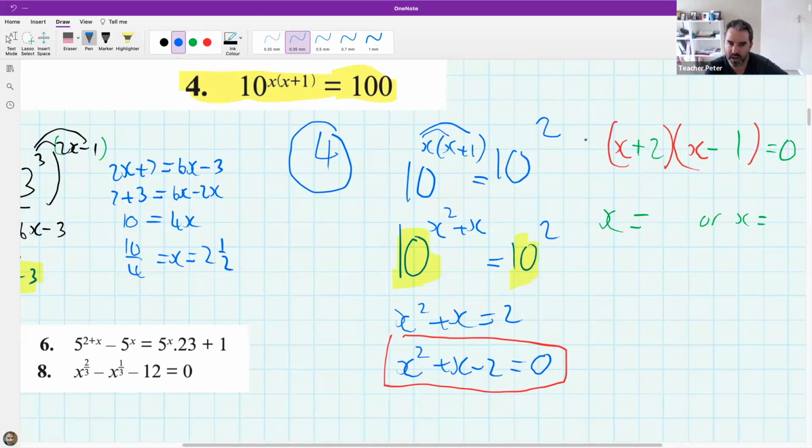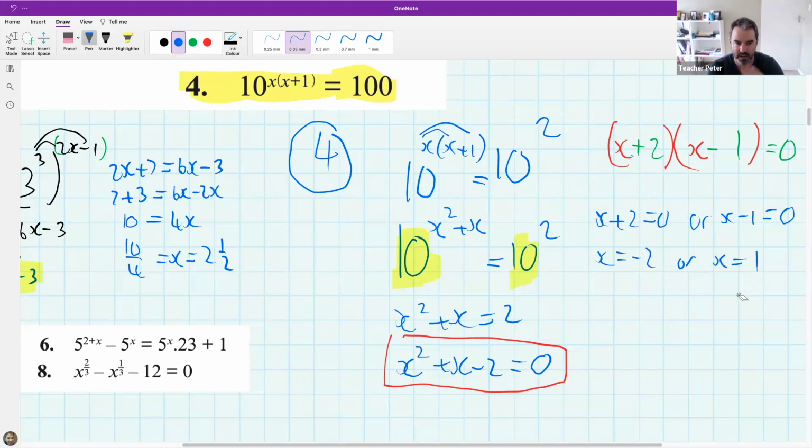So the only way that this equation could be true is if x was minus 2. Actually, let's split them. Like what we normally do with a quadratic, we say, look, the one part must be 0 or the other part must be 0, in which case x must be minus 2 or x must be 1. So that was a little bit tougher because it was an exponential one with a quadratic inside, but it tested